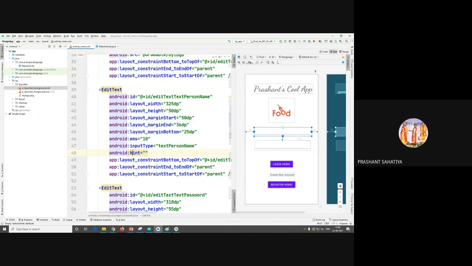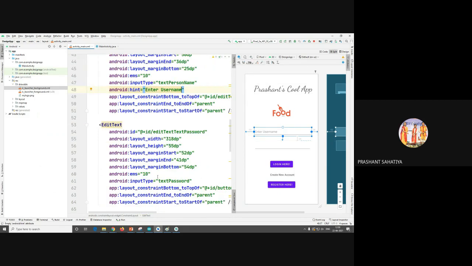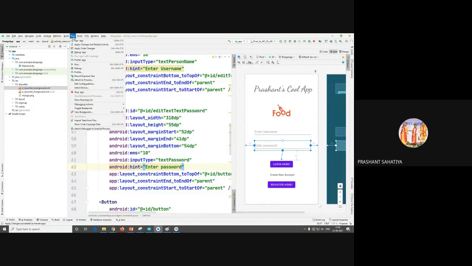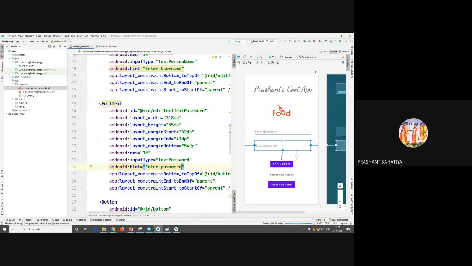So in the hint I'll write, enter username. Here you can see that it is reflected, and it is not the text. When someone clicks on it and types one letter, it will vanish. So that is the role hint plays. Here also I'll add the hint and say enter password. So that's it. Again, apply changes and restart activity.